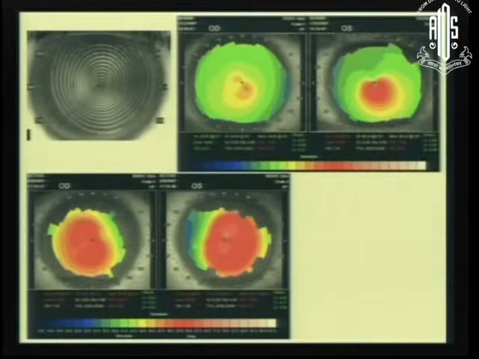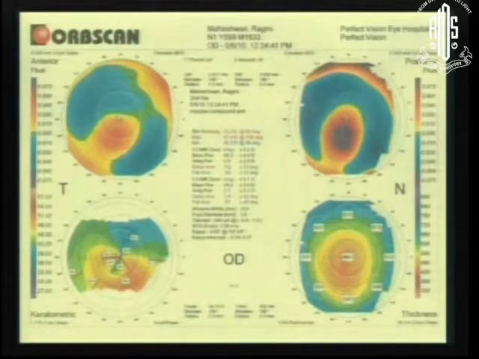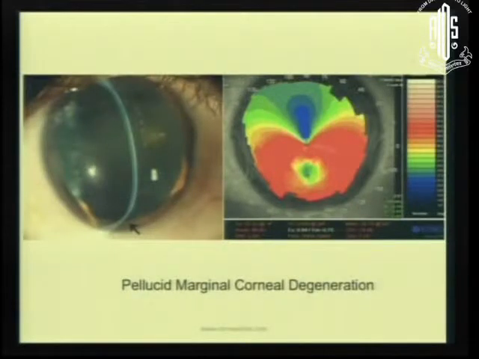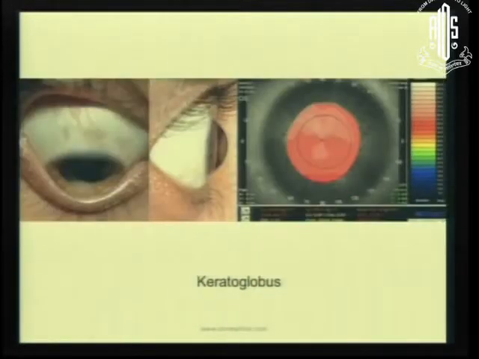the help of corneal topography to be able to pick up the ectatic disorder in the earlier stage, whether it's the Placido-based or a scanning slit or a Scheimpflug imaging technique. And the pellucid has a slightly different appearance with a thinning in the inferior part of the cornea. Keratoglobus is a generalized thinning.